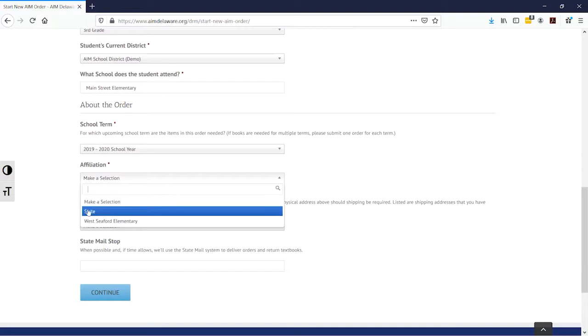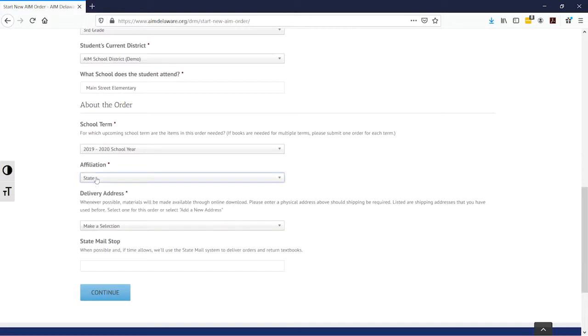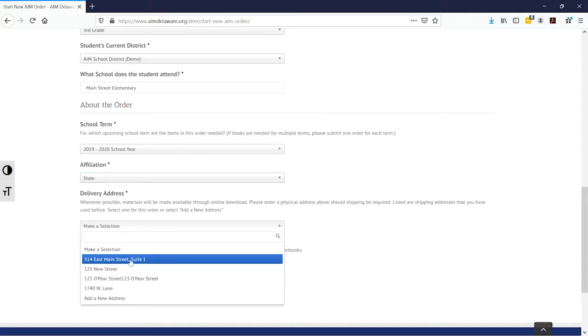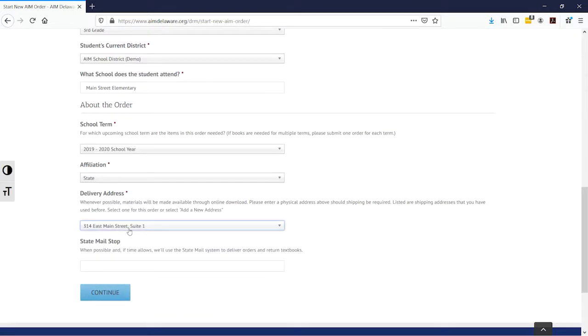And affiliation is the DRM school district, which usually is the same school district, but we need that information as well. The next information to complete is the delivery address of the school where we should send any materials, whether